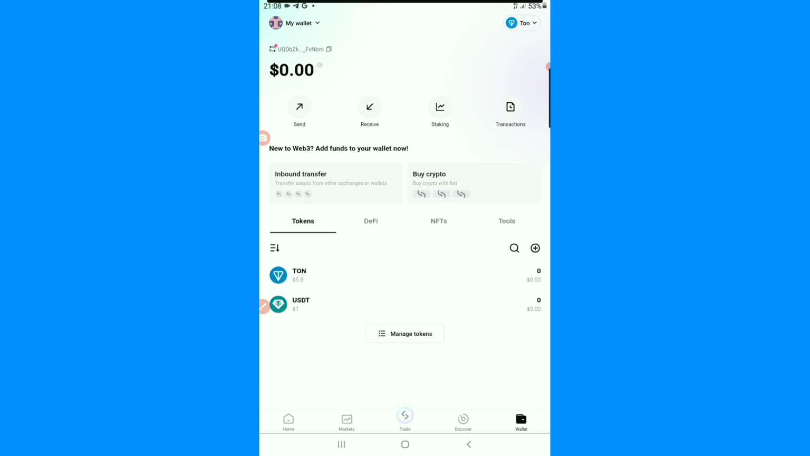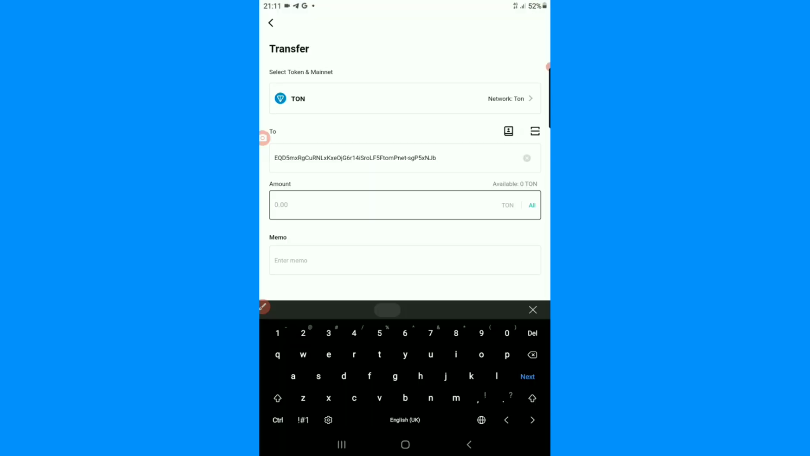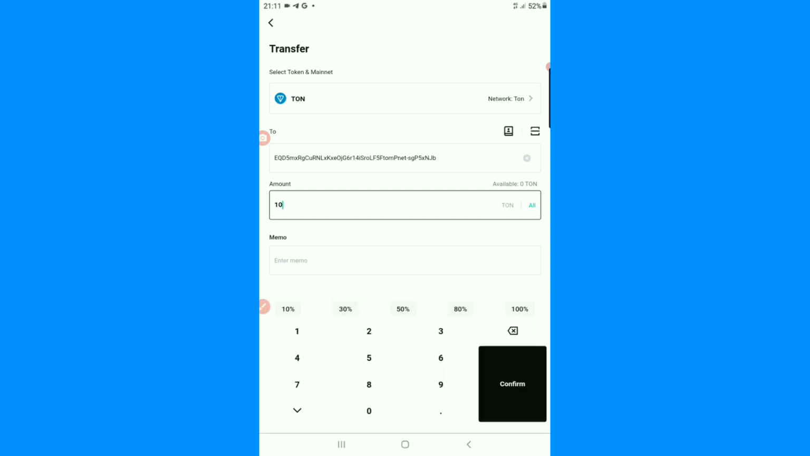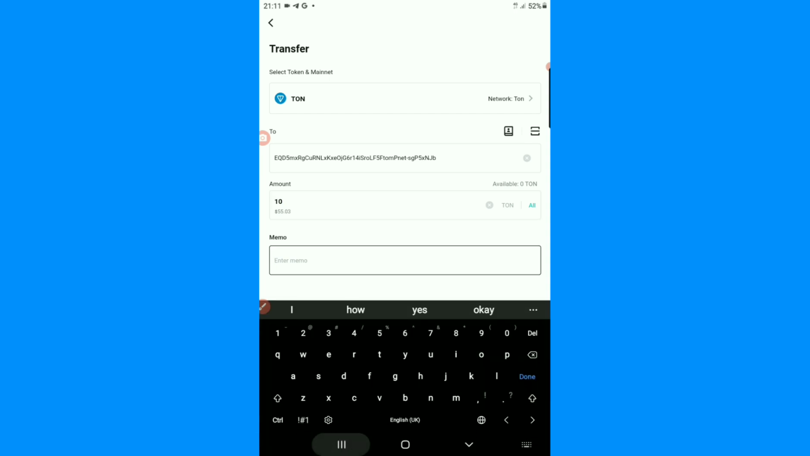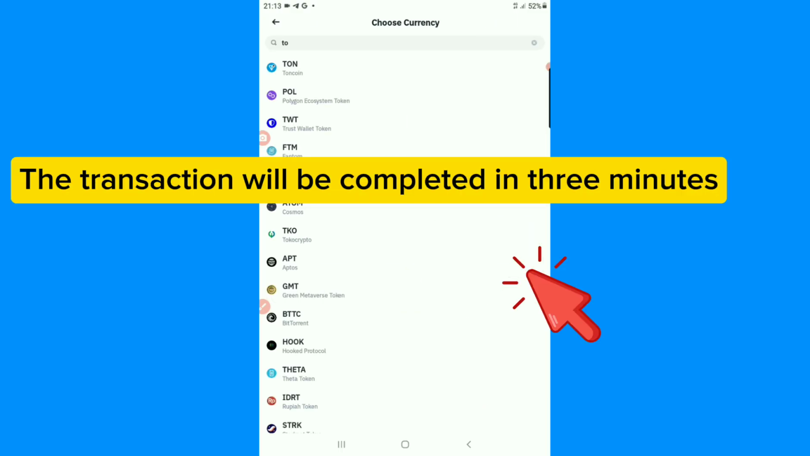So on send, I'm going to select Toncoin. Now I'm going to paste my address on the deposit address wallet there. Then the amount is going to be the second one there before my memo. So it's going to require me to go back to my Binance and copy my memo, come down and paste it at the last option there, last box there. So the memo is the